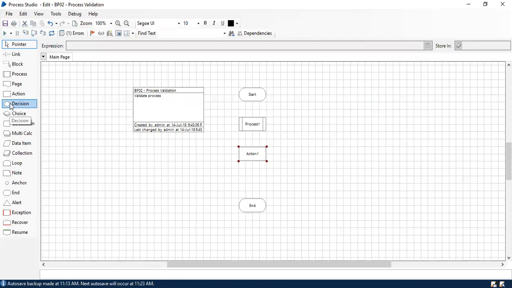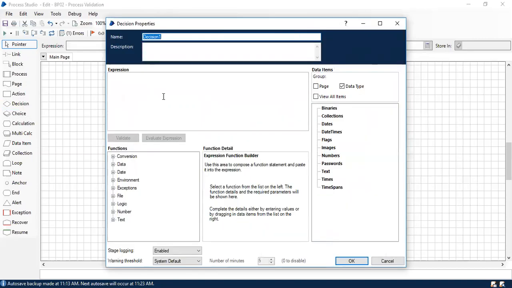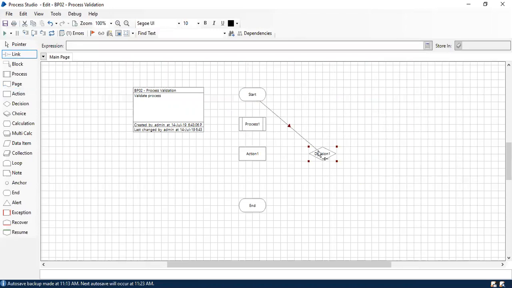So decision is going to give you yes or no, which is like true or false. You can give either expressions into it, or you can give a flag. It's going to give you true or false, or if you're giving any expressions, it's going to give you yes or no. The first one, if you connect it, is going to give you yes, and the other way it's going to give a no. So wherever you need to place decisions in your business flow, you can use the decision stage. If you want to use multiple conditions within your process business flow, you have a choice stage, so you can use multiple decisions as well.